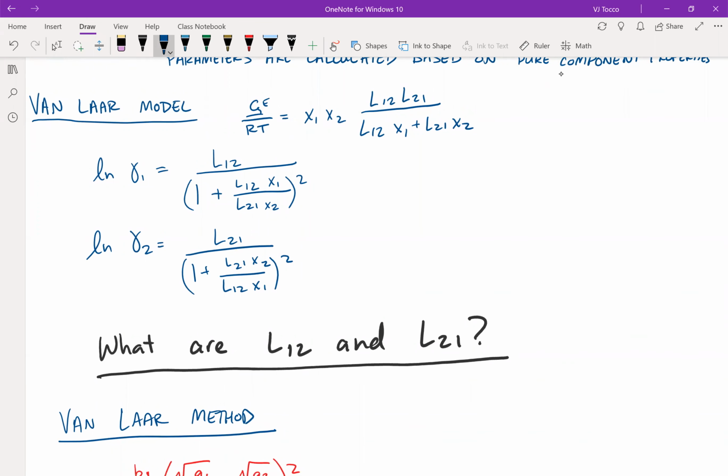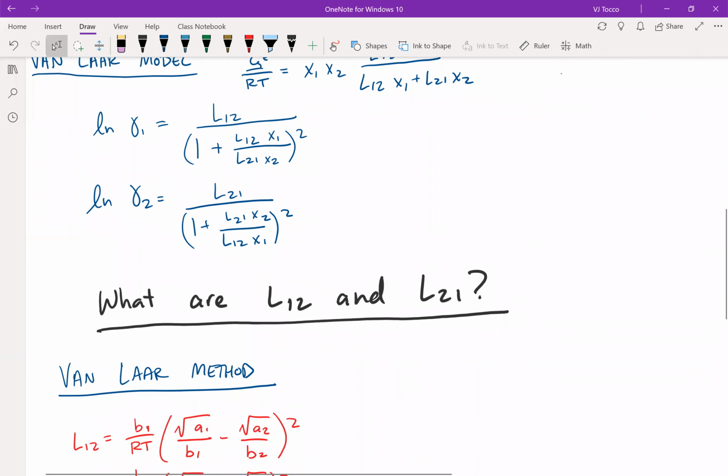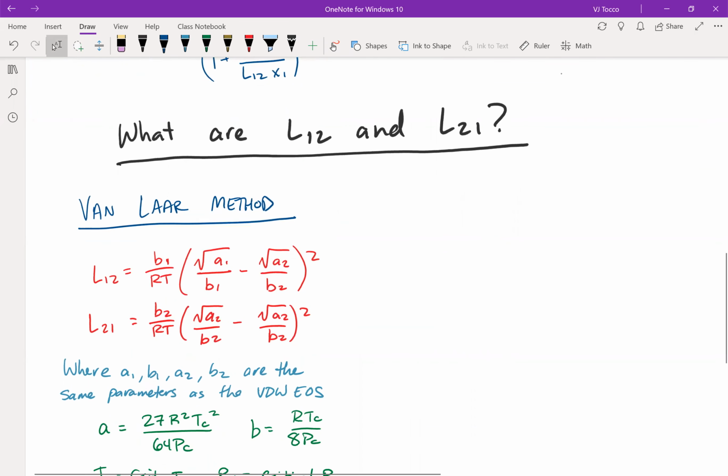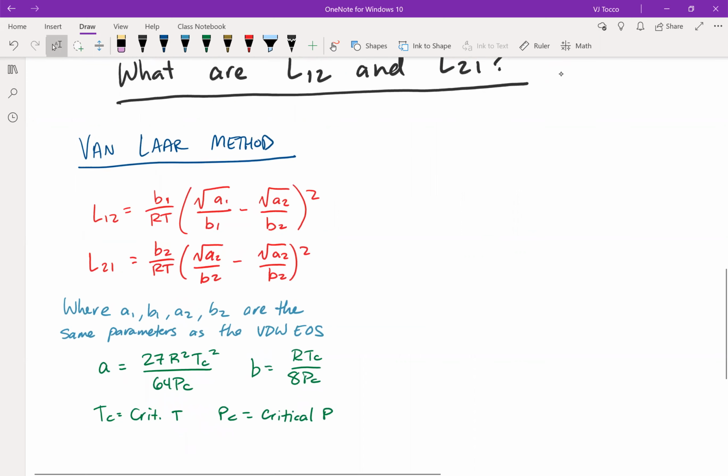And then in obtaining what the values for L21 and L12 are, there's a couple of different ways you can go about it. The first is the Van Laar method, which I just described to you, in which L12 and L21 are ultimately functions of critical temperature and critical pressure by the van der Waals equation of state. There's actually a lot of theory that goes on in the back end here that would take me a while to get through. I don't truly care that you understand all of it. Just know that the Van Laar method is based on the van der Waals equation of state. And once again, it doesn't really work well anyway, so there's not a whole lot of use in knowing exactly